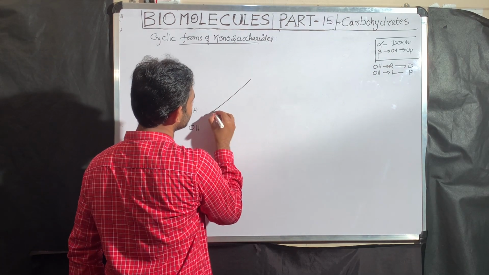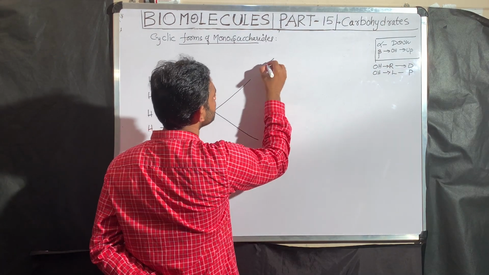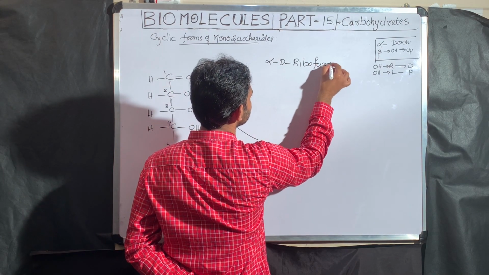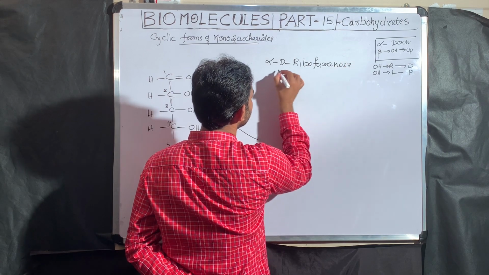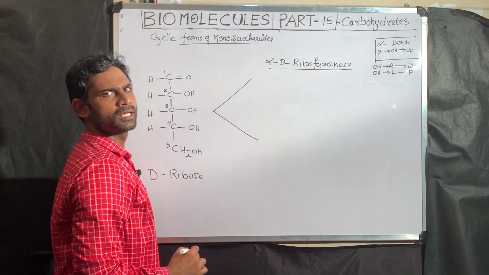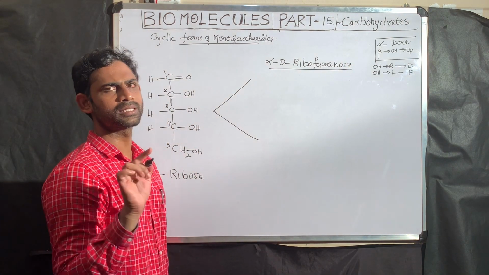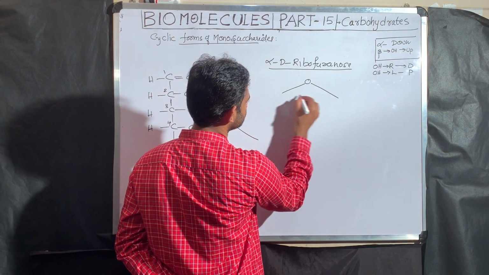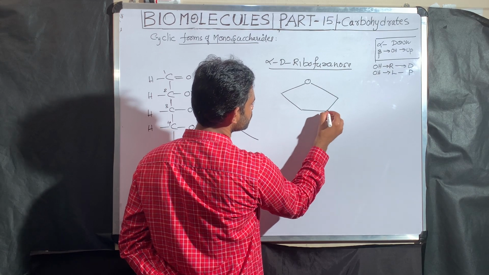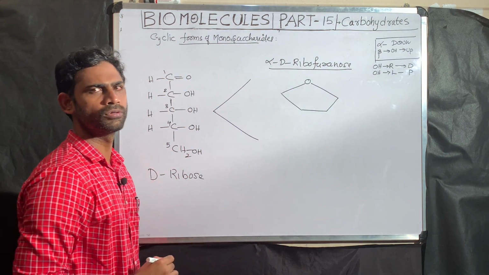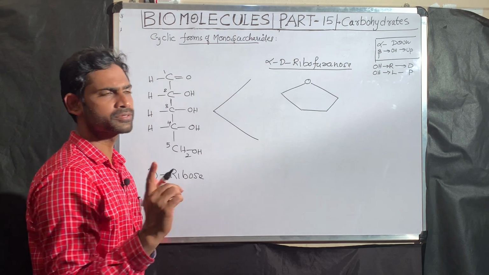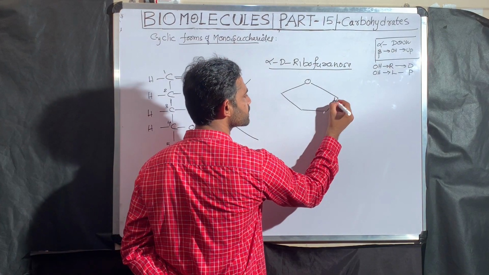Now I am going to draw two forms of anomers. That is alpha D ribofuranose. Which ring are we going to write? Furanose. Which sugar? That is ribose. Ribose is an aldose. Now first the furanose structure. Which number do we have to start with? Is it 1 or 2? Many people will think we have to start with the 2. That is wrong. We have to start with the 1. That is the last time I am telling.